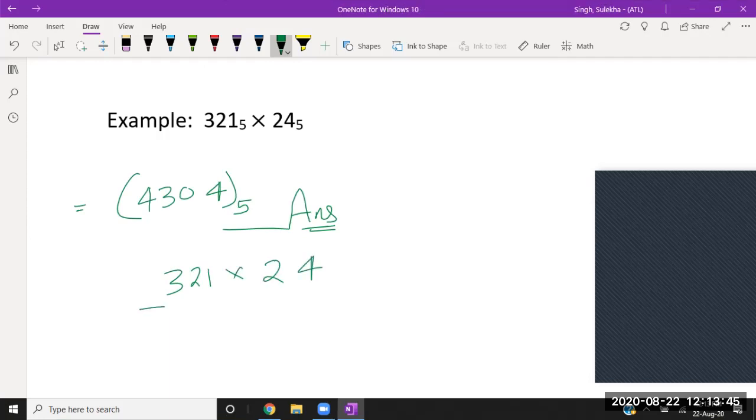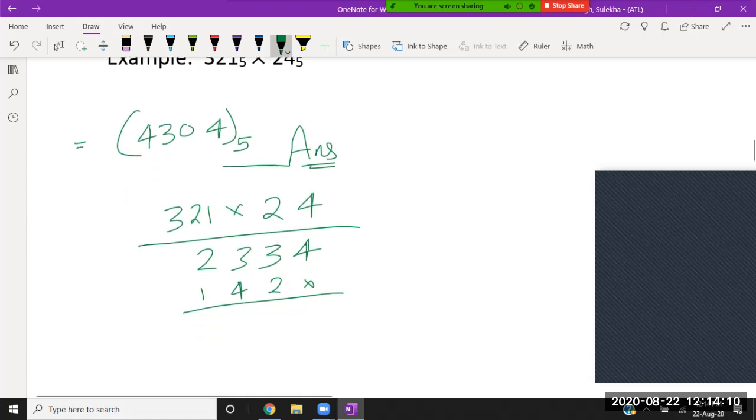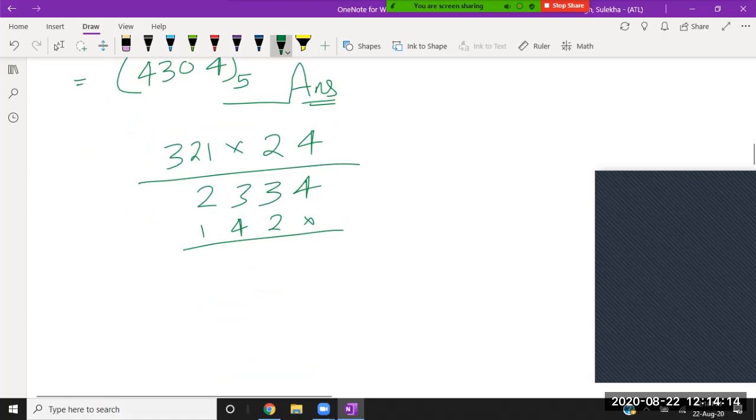Okay, so when I multiply these two numbers, if I multiply 4 with 1, I'm getting 4. Then the second number is 332. And after leaving one place, I am getting 241. Is this the same number? Rishabh, is this the same number you are getting in your calculation? There will be 1142 now. Why 11? Achha, okay, 1142.